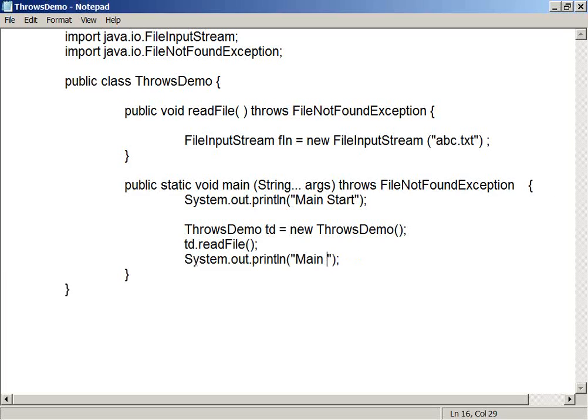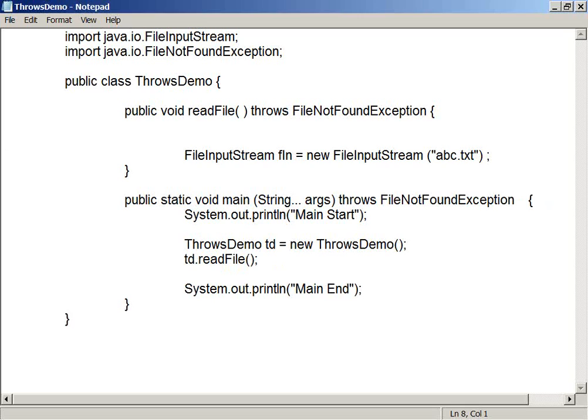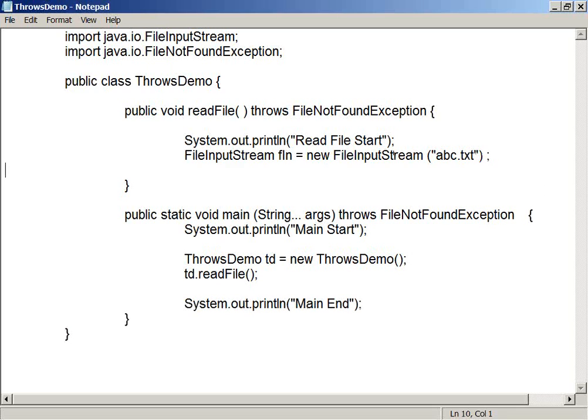"Main end." Right? See here, this is what method? "Read file start," "read file end." Okay.